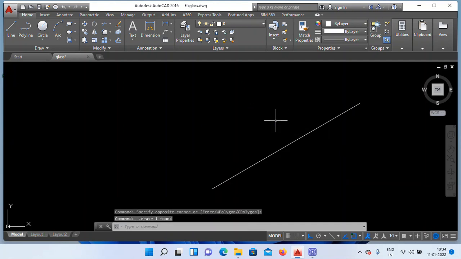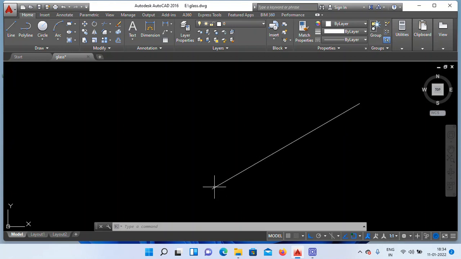Right? How to find out its angle is 30 degrees? Exactly how can you say that its angle is 30 degree? So to find its angle, apply the list command. Its value will be found, and its angle also.